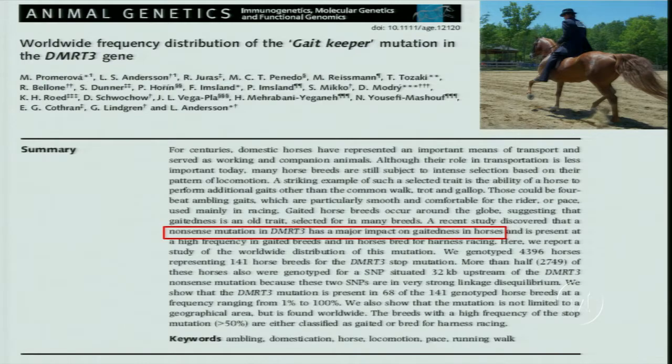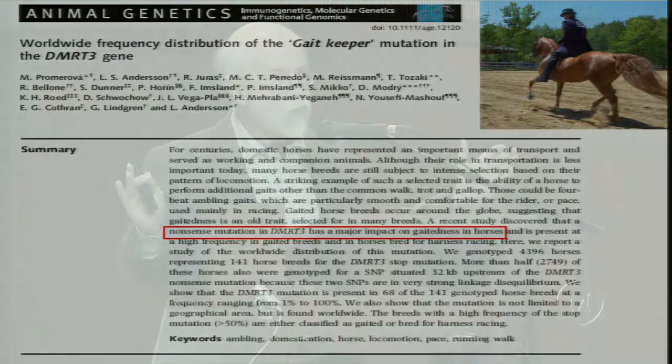There's a mutation in horses that makes them trot in a smoother manner, which is preferred by many riders. And it was recently discovered what the mutation was. And it turns out that it was a loss of a gene. A gene no longer works, and that was beneficial. The horse was selected because of that.